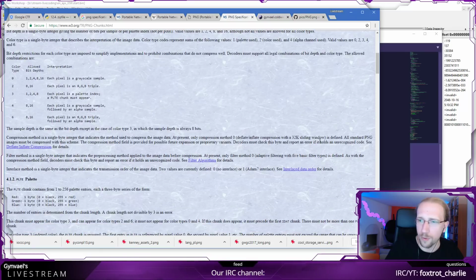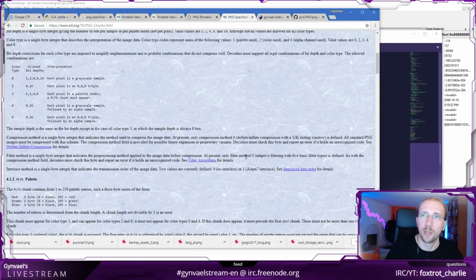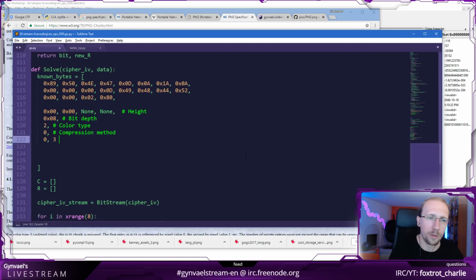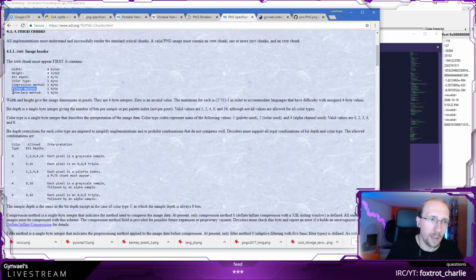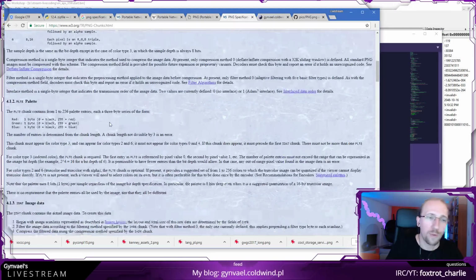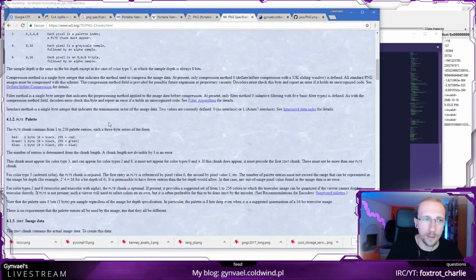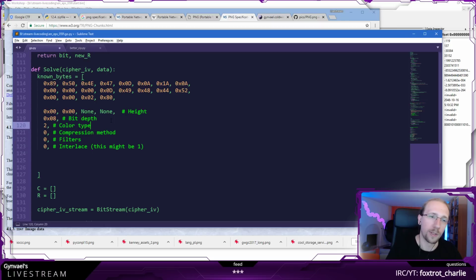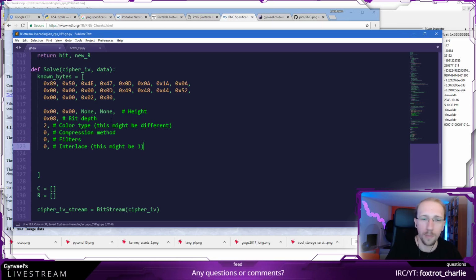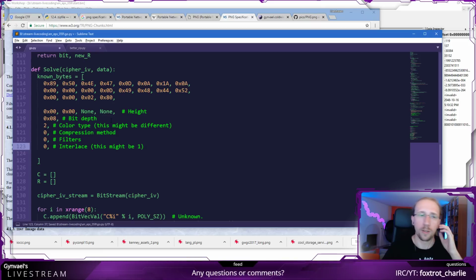Filter, and filter also is 0, because there is no other filtering method. There's only one filter method, that's the adaptive filtering. Filters in PNG are pretty cool, by the way. And we have interlace. I'm pretty sure there is no interlacing. But this might be 1 and this might be different. Okay, so let's assume these are only the bytes which I know.